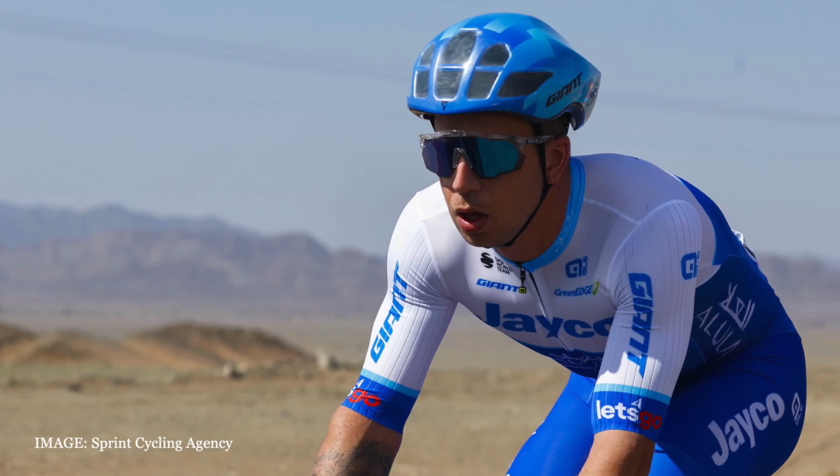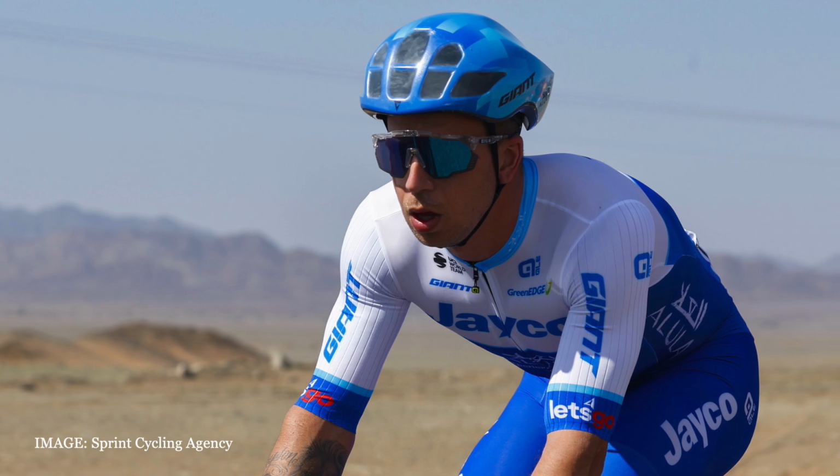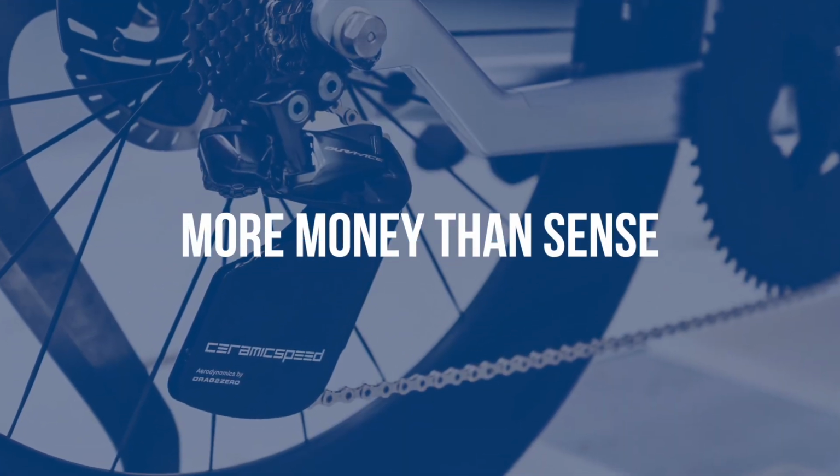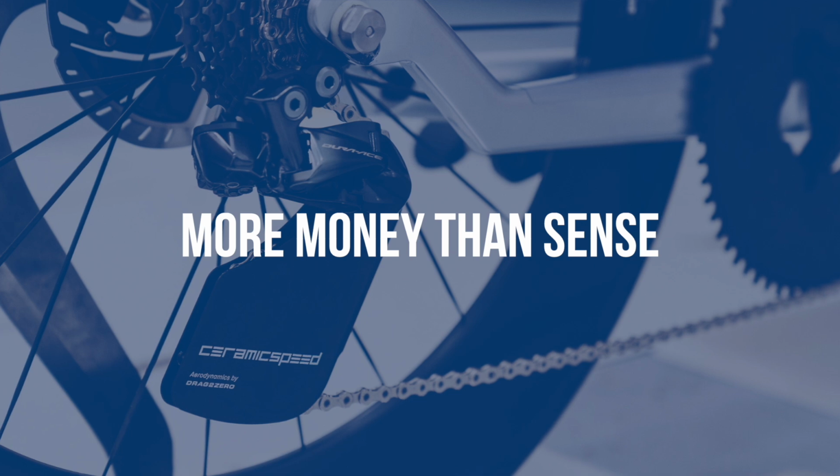And we hope that the cycling world continues to see sense. The other problem with using an aero cover is of course that it's too cheap. For maximum results on the local TT, you need something that screams money. Luckily, CeramicSpeed has come up with the aero oversized pulley wheel system, and that costs